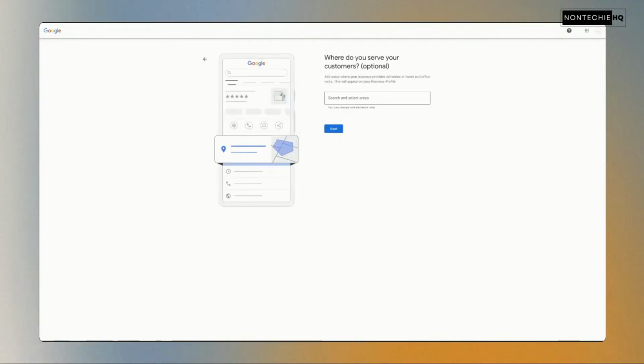And it's going to ask me, where do I serve my customers? Here you can do it by county. You can do it by city. And you can also do it by zip code. And if you don't have all of these things, like a list of locations, you can do a radius map and pull in all of those. So you just copy and paste them in. But you want to put at least one area that you service. So I did the county, a city, and then a zip code.